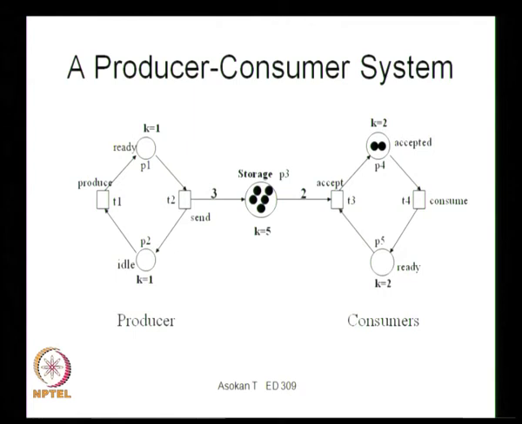Now the producer can still produce but cannot send, and there are no consumers also available to accept it. So now it is a full condition, consumers are not available to accept it, because you can see here the consumer, there are no tokens available, so this transition cannot take place. So unless the consumer consumes the product, it will not be taken from the storage space. So we need to ensure that in this situation the consumer consumes or the producer stops producing the item.